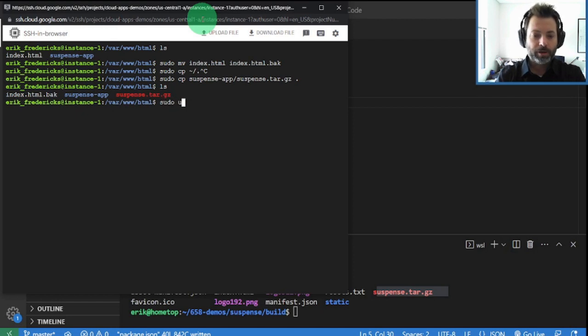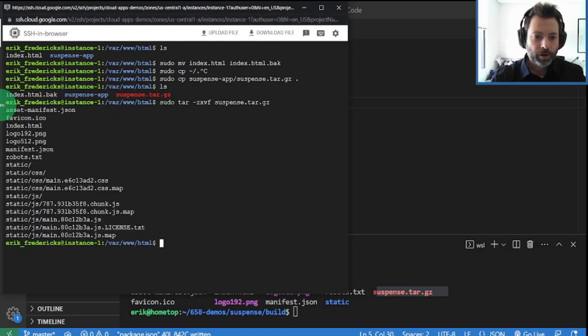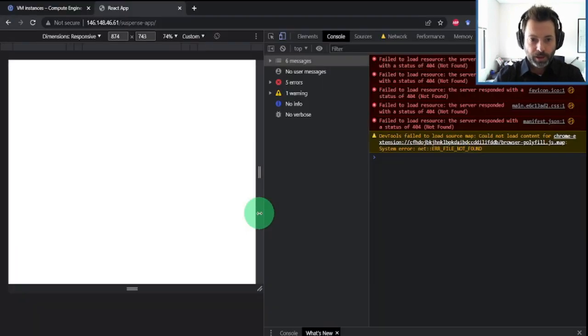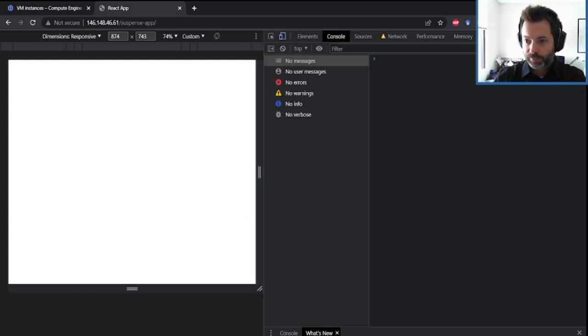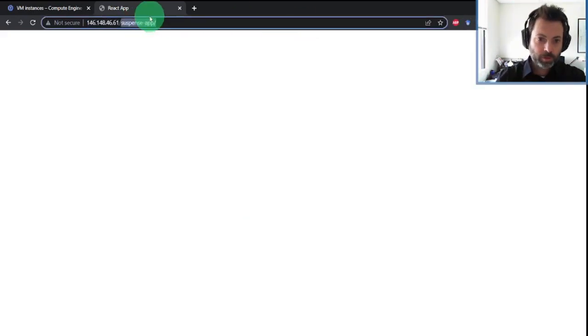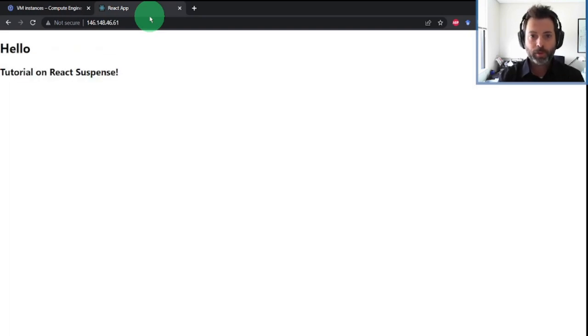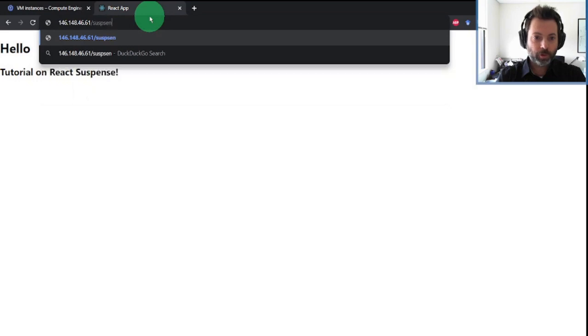So now let's unarchive my suspense application. All right, so basically all I did was I copied that tar.gz into the root of my web directory, unarchived it there, and now I've got that exact same folder structure here as well as in the suspense app. So if I were to go ahead and get out of dev mode here, so if we go to the root of our website now and we do a hard refresh, it works just fine. Oh my goodness, why is this? Well, again, this is the root of my web app, so it's considering it to be the /, root of the application. When I go to a subfolder,